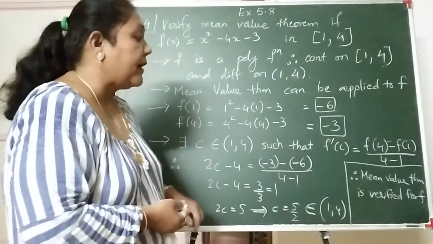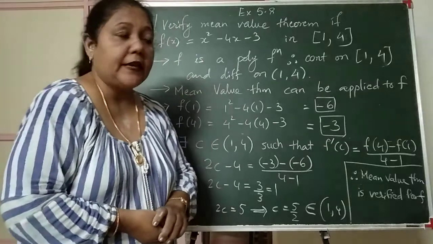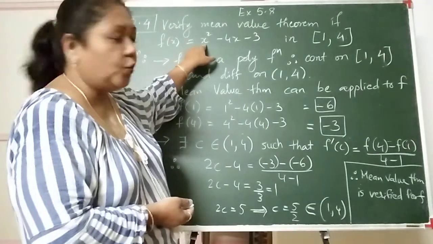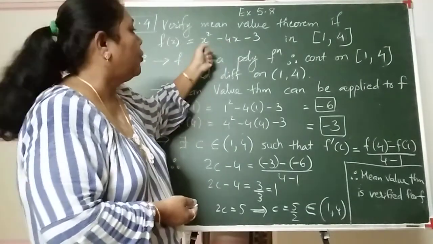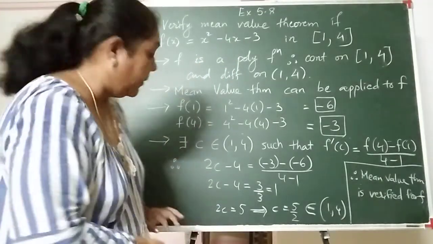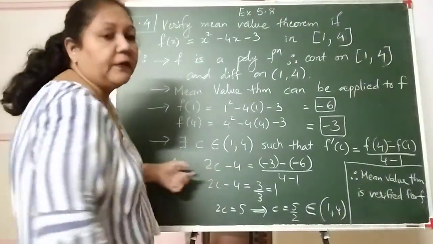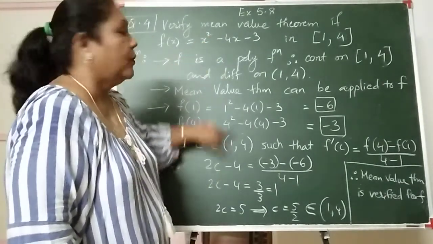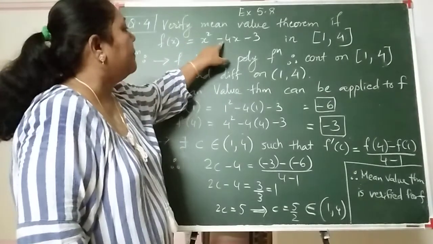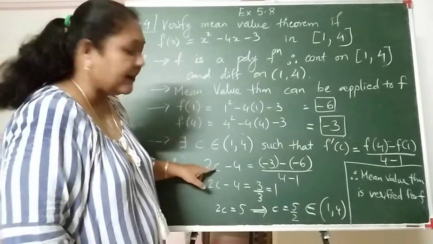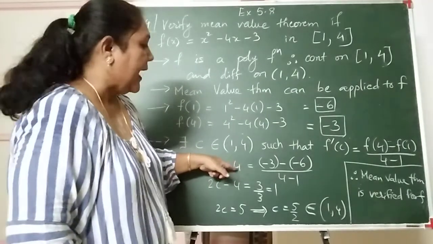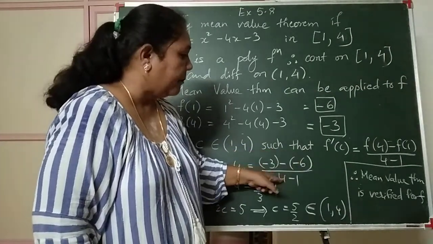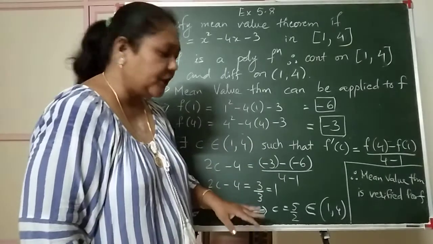So let us substitute the value. Now f dash of c we do not have, so what would be f dash of x from this? Differentiate this function, so it will become 2x and then it will become minus 4. So 2x minus 4. So what will f dash of c be? f dash of c will be 2c minus 4. So you differentiate this function and instead of x you put c. So 2x came from x square and minus 4, so here in place of x we will put c. So 2c minus 4 is equal to f of 4 minus f of 1 upon 4 minus 1. You substitute and solve the values.